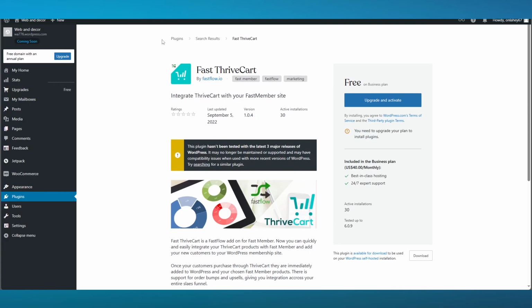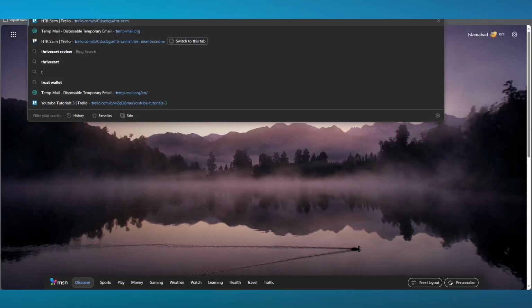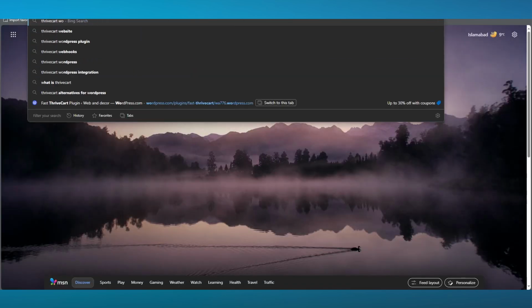So go ahead and add your very own integration by upgrading and activating to the business plan. Do make sure you have the business plan on WordPress, because without that, you will not be able to access this integration. Now, you can either integrate through this, or you can write ThriveCart WordPress